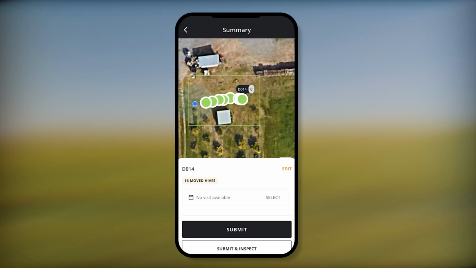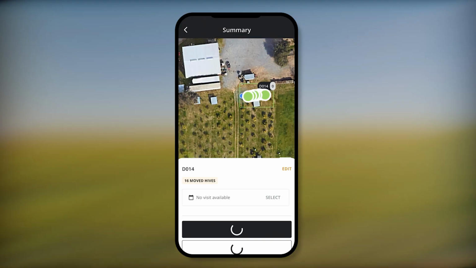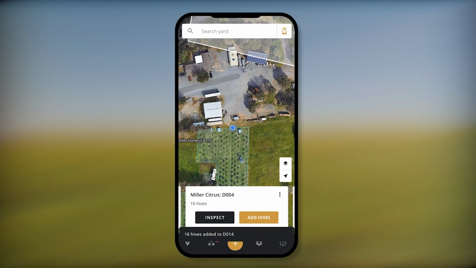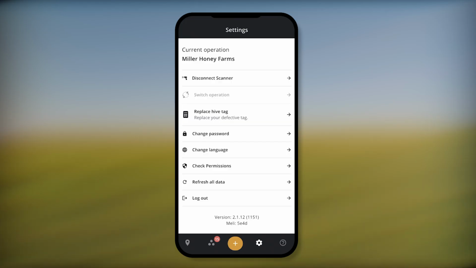And you can tell where those are, right at that corner of the orchard like I talked about. I'm going to hit submit. 16 hives have been added. It created drop 14. Now again, we don't see that drop here on the screen just because it hasn't updated with the server, but you can see that it's now showing us at drop 14. I will update that data